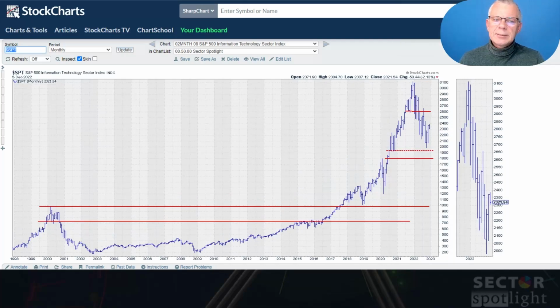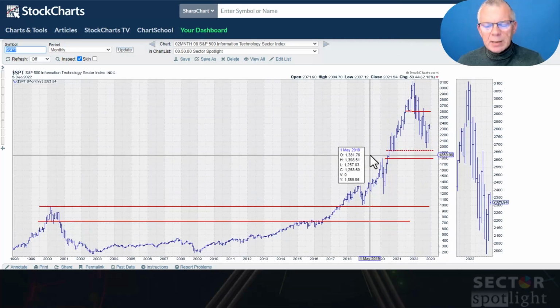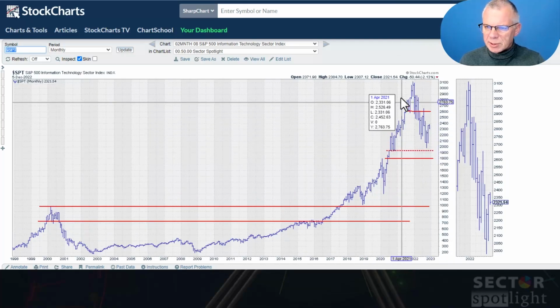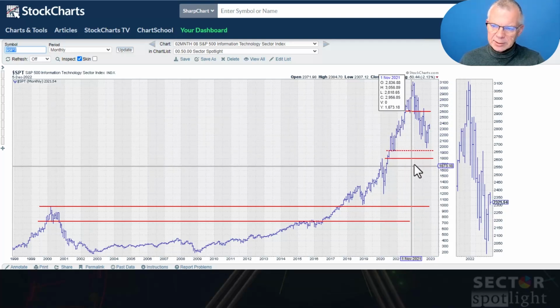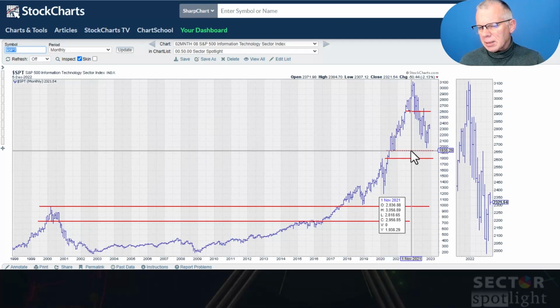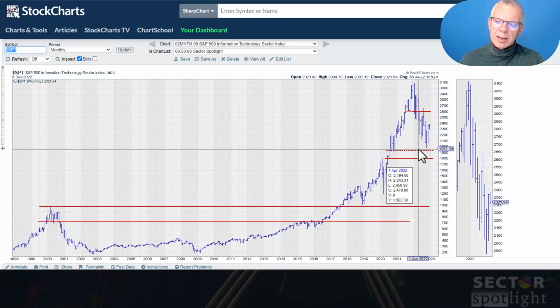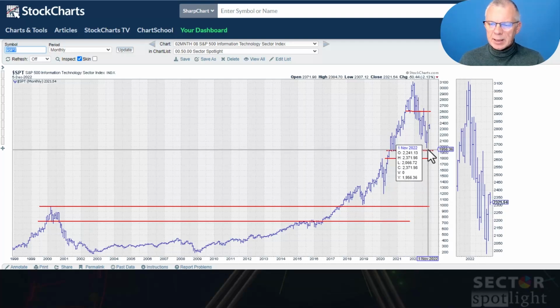And then technology. Here the downtrend is very much intact. You can see that this series of lower highs is still there, lower lows are still present. And I mean, there is a serious need of buying power to turn this one around, and I don't think it will happen overnight, and I don't think it will happen within the next month.